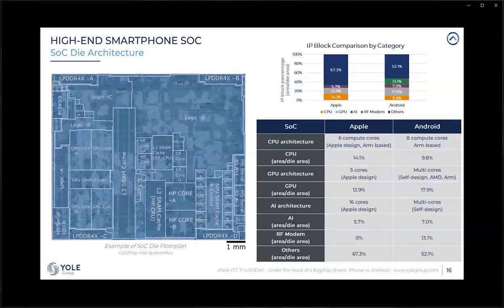And for the AI blocks, there are several names, depending on each manufacturer. For example, Apple calls it the NPU, the Neural Processing Unit. MediaTek calls it APU, Acceleration Processing Unit. And Qualcomm mentions the AI engine in the Snapdragon specification and gives it the name Hexagon. In short, all the SoC designers build their own AI blocks, and they account for around 6 to 7% of the die area in general.